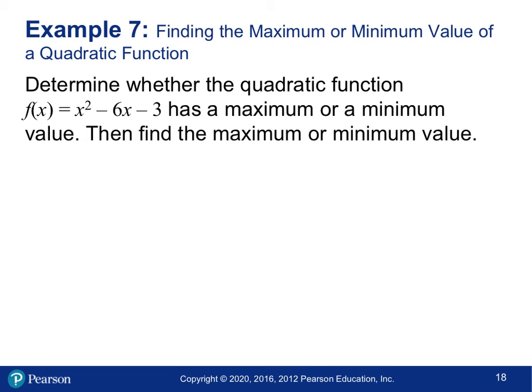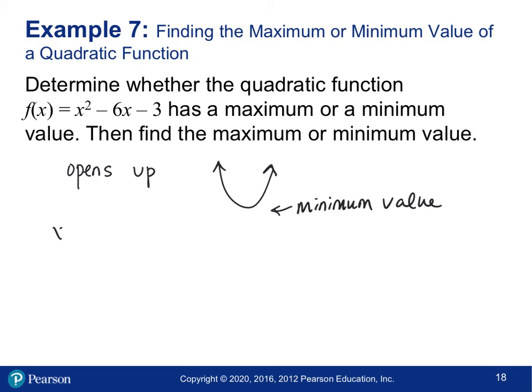All right, on example 7, determine whether the quadratic function has a max or min value and then find that max or min value. Well, because this one we see A is positive, we know it opens up. If it opens up, it looks like this, right? That means that it has a minimum. So to find the minimum, we just need the vertex point, or we need the Y